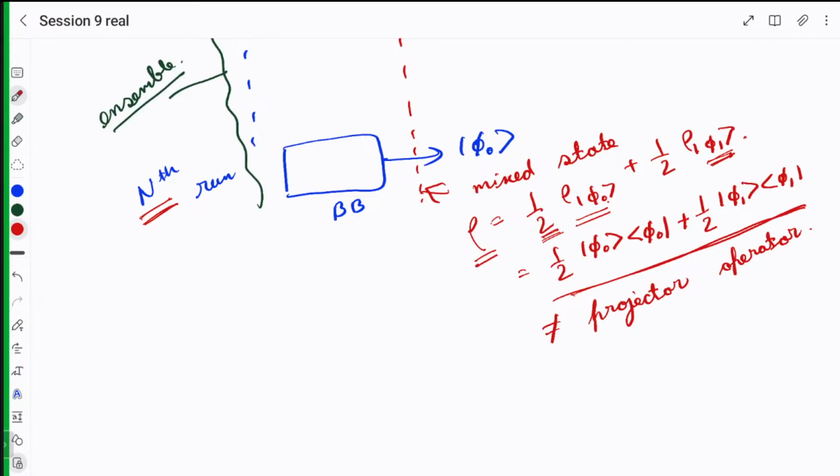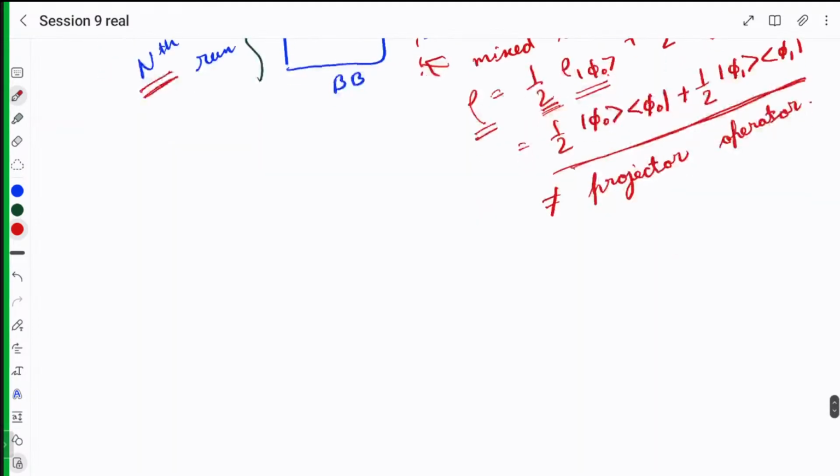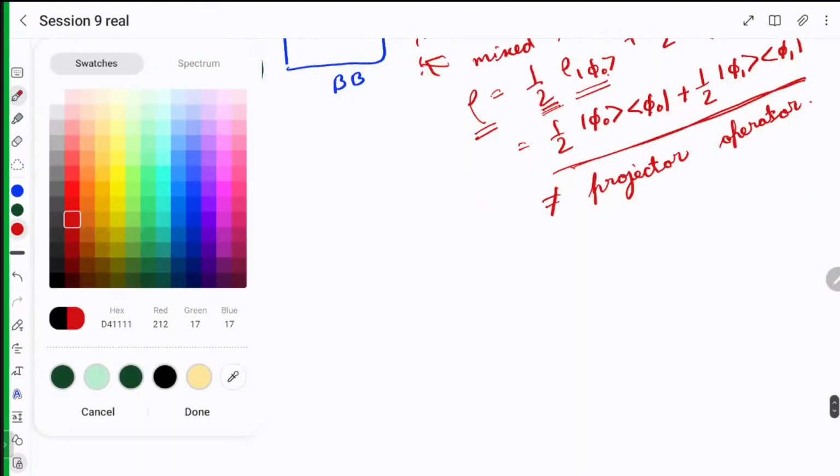Is that clear? Okay. Now, if you have understood this, then let's continue. So what I have described here is exactly equivalent to also saying that I have a box, let's